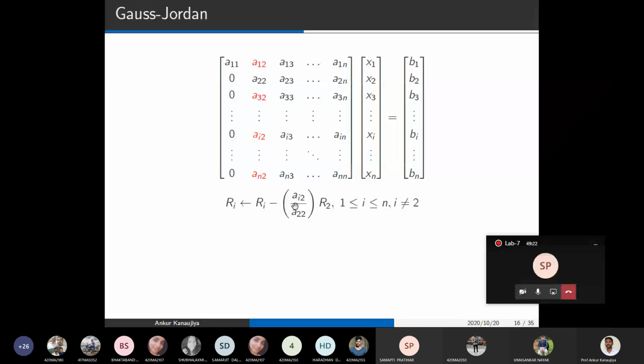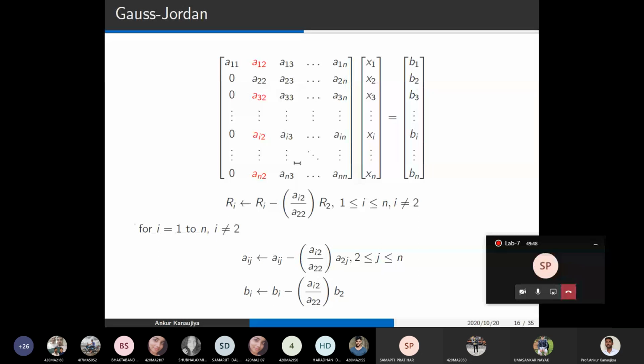We have to apply this one in each row except the second row, i not equal to 2. In the first row also we apply it. In all rows it is applied to make the entry 0. So the only difference is that here i is not equal to 2. Similarly, in the third column, i is not equal to 3.